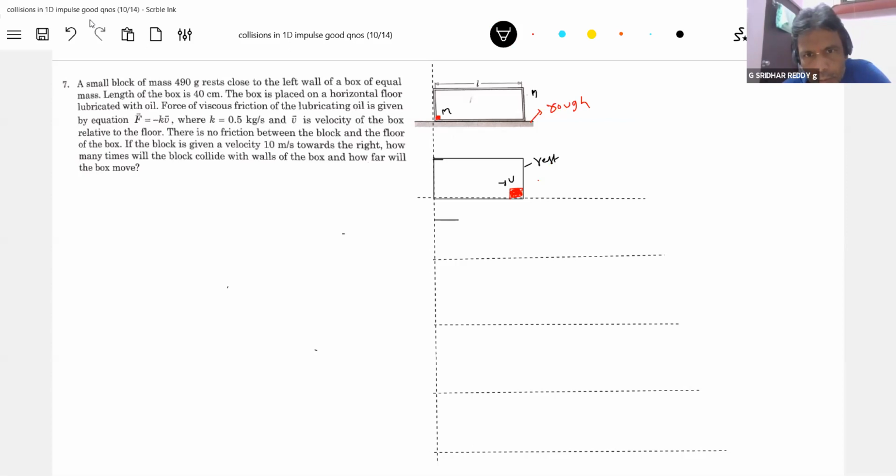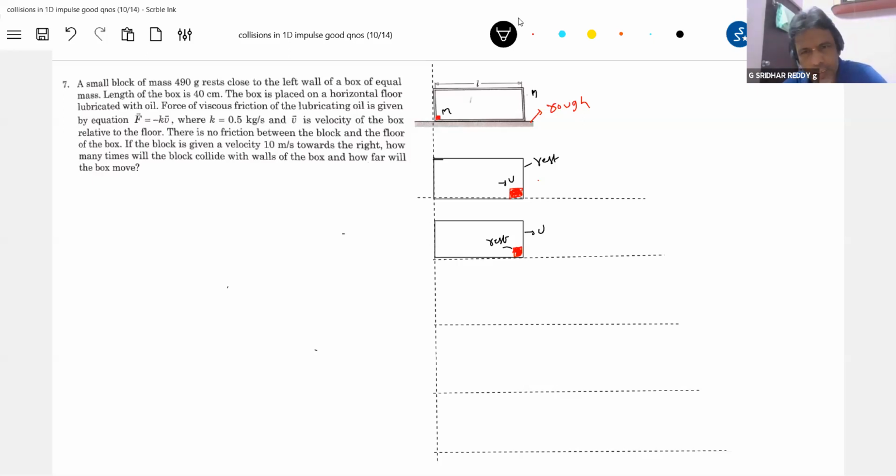So now what will happen to the box? Box will acquire the velocity u, and the block will be at rest. I'm making things clear because we are habituated to two particles or two balls colliding. Everyone will follow conservation of momentum and coefficient of restitution, and you'll get the answer. These are some problems related to a situation.